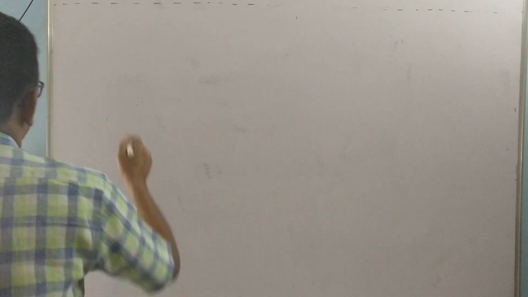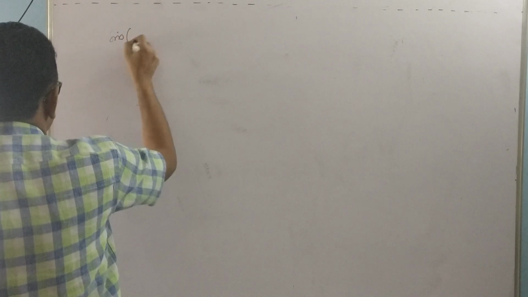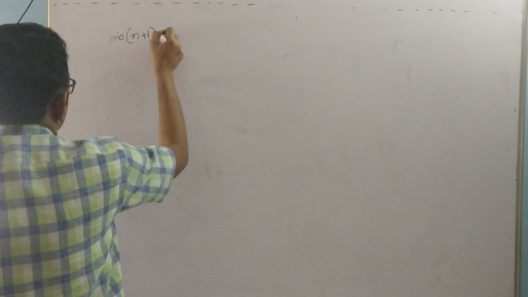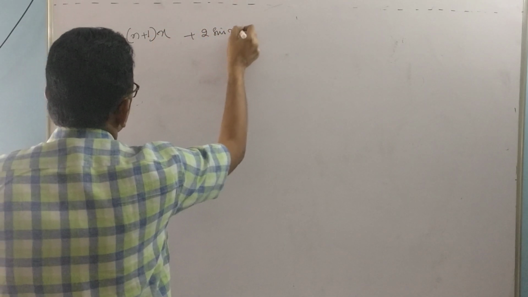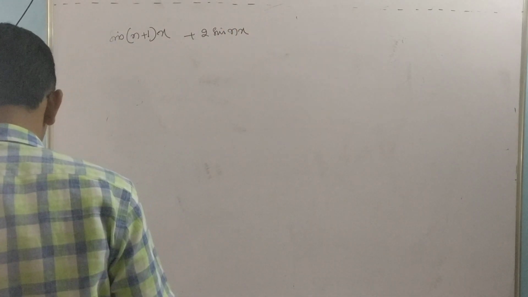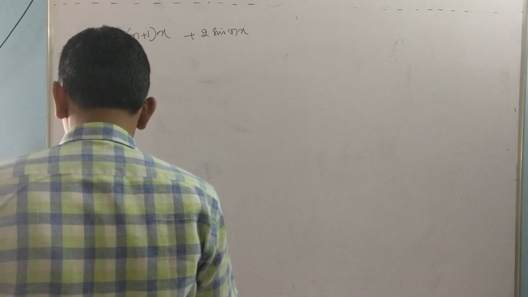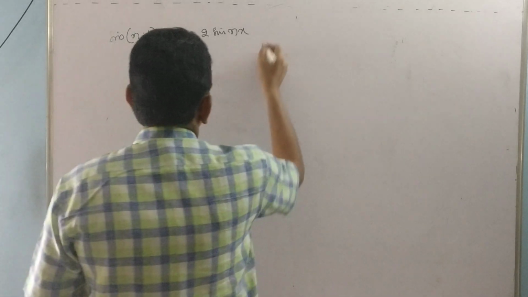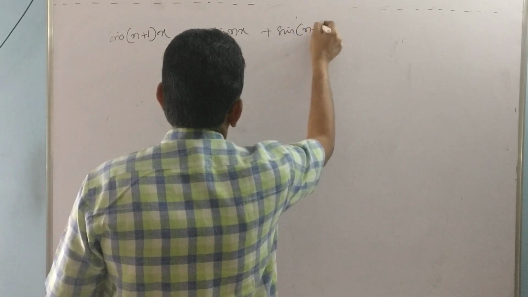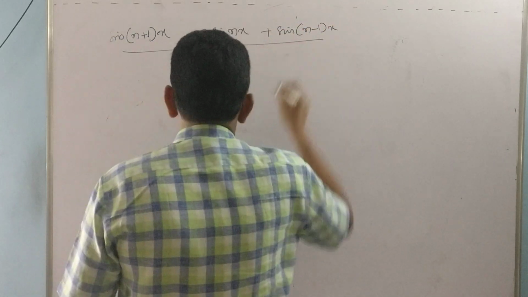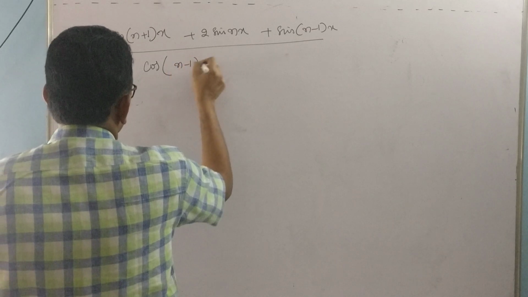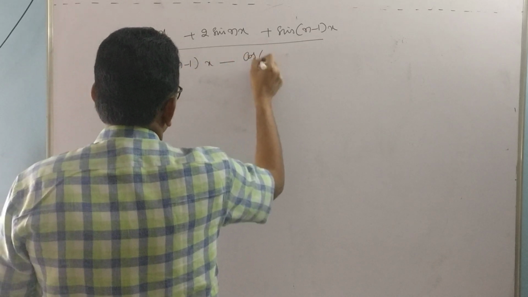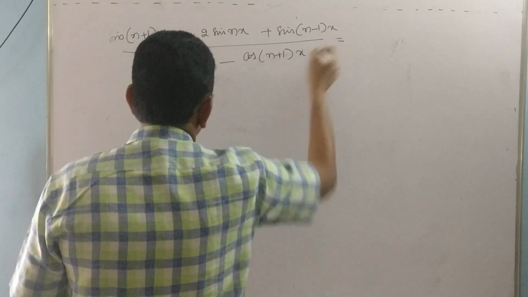Next one, sine of (n plus 1)x plus 2 sine nx plus sine of (n minus 1)x, by cos of (n minus 1)x minus cos of (n plus 1)x, is equal to,